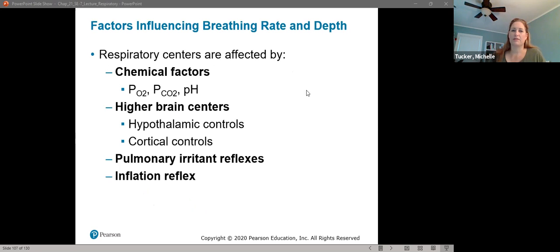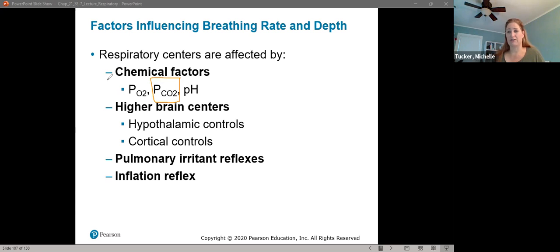The respiratory centers are affected by chemical factors, higher brain centers, pulmonary irritant reflexes, and the inflation reflex. For chemical factors, you need to be able to identify which factor is the strongest. So which one is going to be the dominating factor, especially under resting conditions, and that is going to be PCO2. When people look at the factors, PO2, PCO2, and pH, the initial reaction is oxygen, because of course we